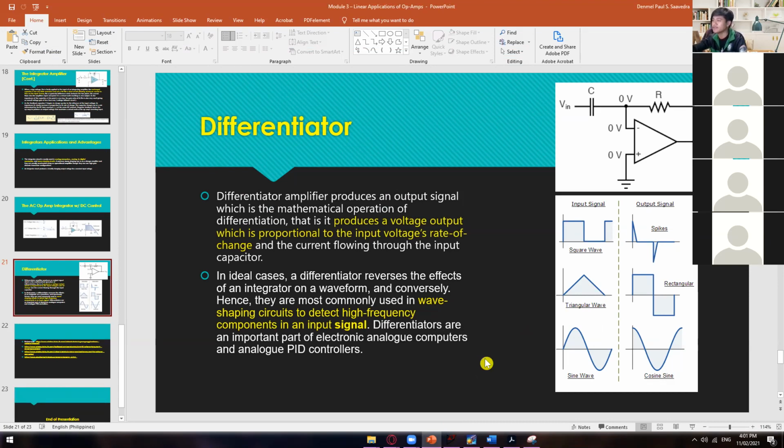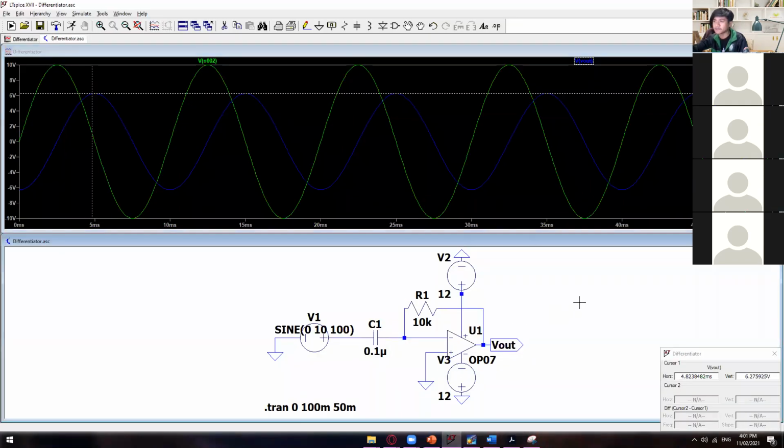So you can find the formula, and then it will only require you the capacitance value, the resistance value, the voltage input, and also the 1/2 pi for the frequency, because frequency is not given. Okay, so let's now go back to the SPICE. So as you can see right here, we have a sine wave upon input and then a cosine wave as your output. All right,